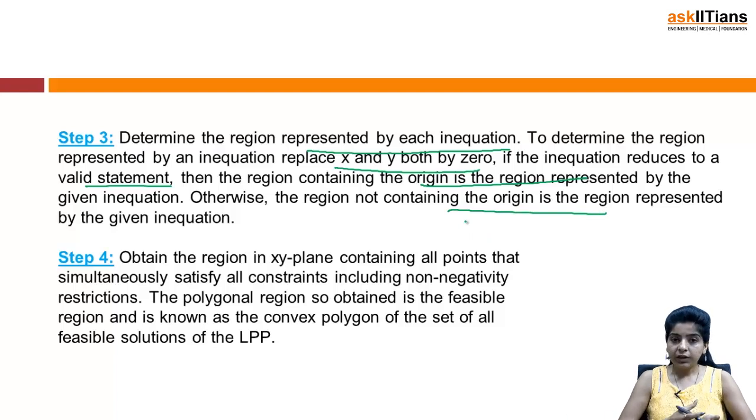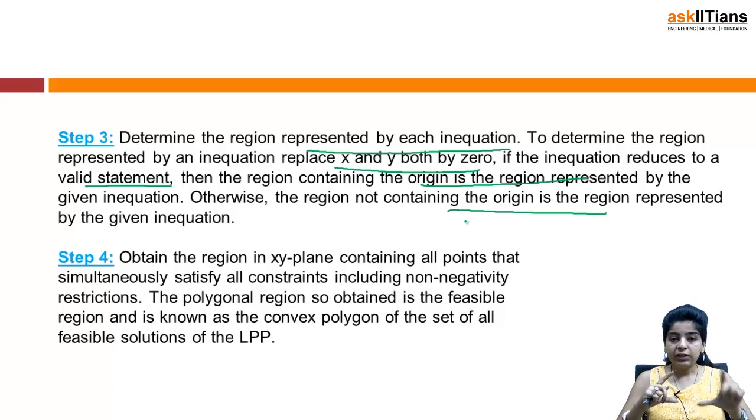First of all, formulate it in mathematical form if it is not given in mathematical form already. Secondly, you will have to draw the graphs of the inequations. To draw the graph, first of all, just convert all inequations into equations and then draw the graph. Again, for drawing the graph, put x equal to 0, you get a point on y-axis. Then by putting y equal to 0, you will get a point on x-axis, and just join these 2 points, that will give the graph of that particular line, that particular equation.